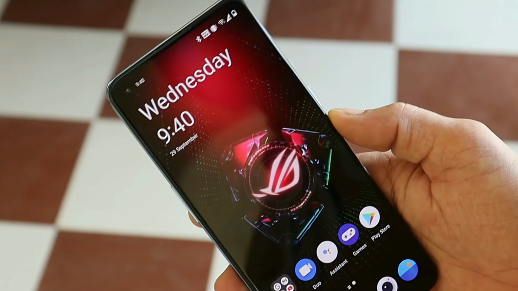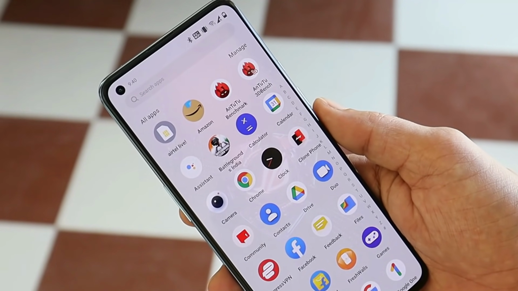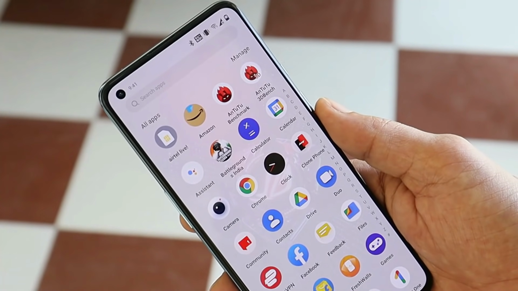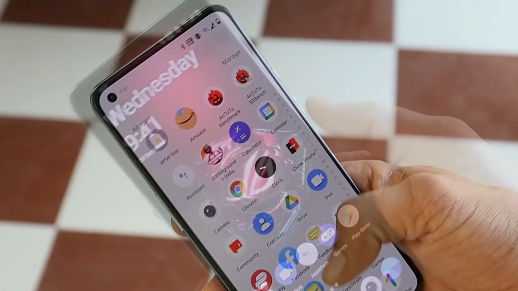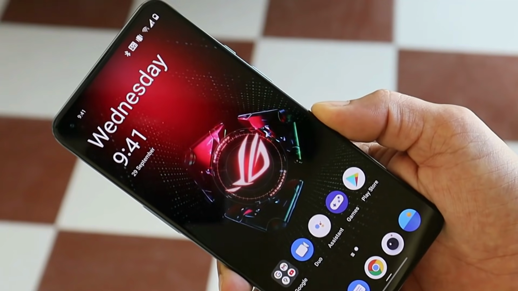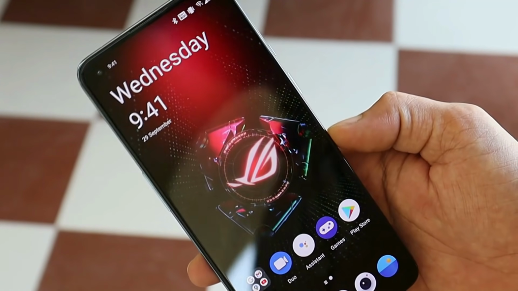Also, make sure to perform a factory reset of your device from recovery after updating to Android 12. That way, you'll get rid of most of the major bugs you might encounter after installing Android 12. Though I won't tell you guys to use it as a daily driver, or if you want to use it, wait for a day or two. I'll do a complete review on the same.